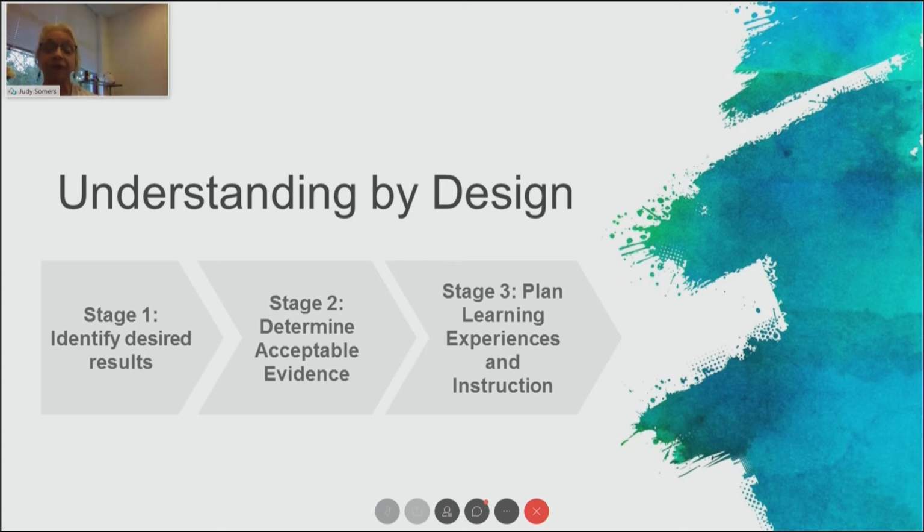And then stage three, once we've figured out what we want them to accomplish and what they're going to show us to give us the evidence that they have accomplished that, that's when we then plan those learning experiences and plan the instruction. And one of